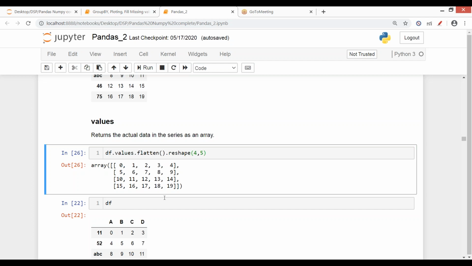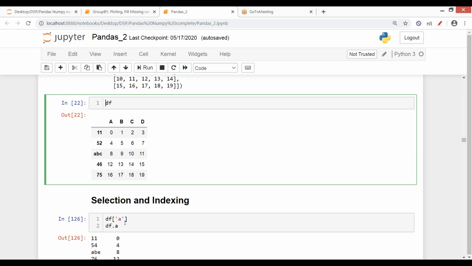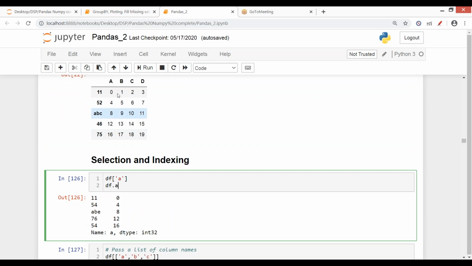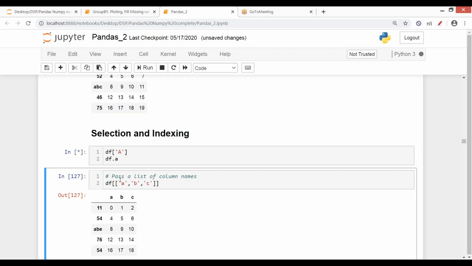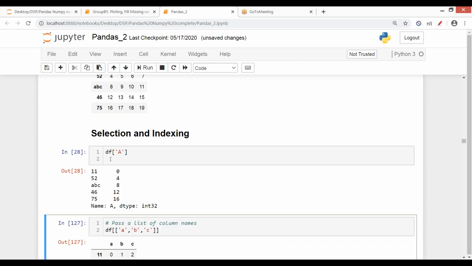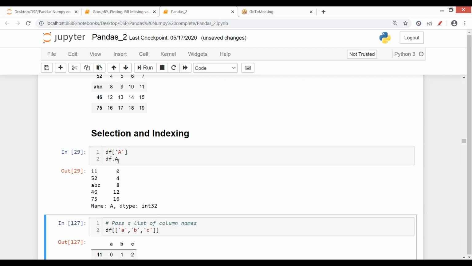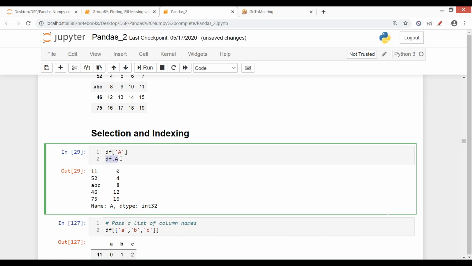Okay, now moving on. This is my data frame. Now, in order to see the indexing, as I've already told you, in order to visualize just a column, we can specify the column name. This is just capital A, so this is my column name. You can use either way to visualize your column, either this way or using a dot operator. I think I have covered this part. So what are the shortcomings if we use the dot operator? Can anybody tell me?